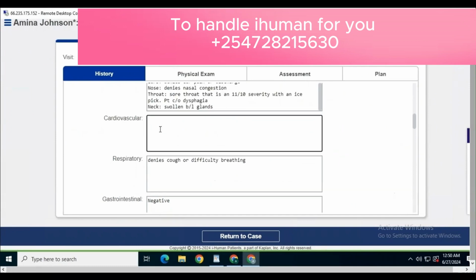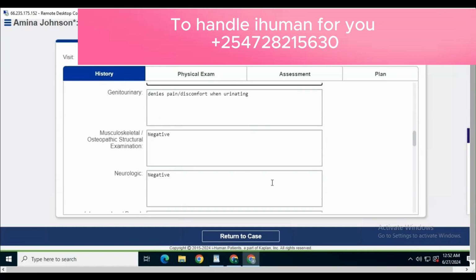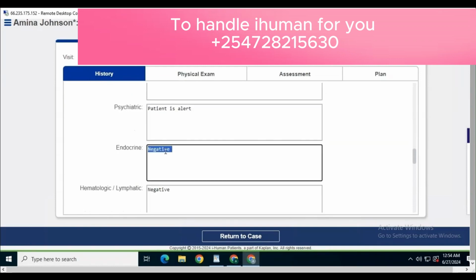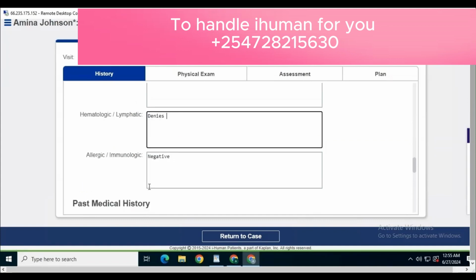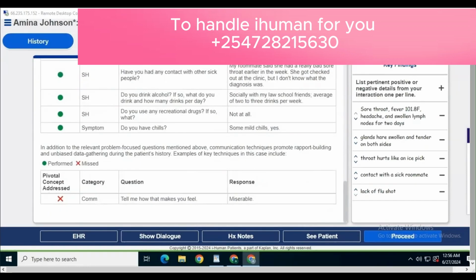Once I knew that from this feedback, I realized that I must have missed a few assessment questions that I'm also supposed to key in the EHR section. So I had to move back and key in the right data from this feedback,